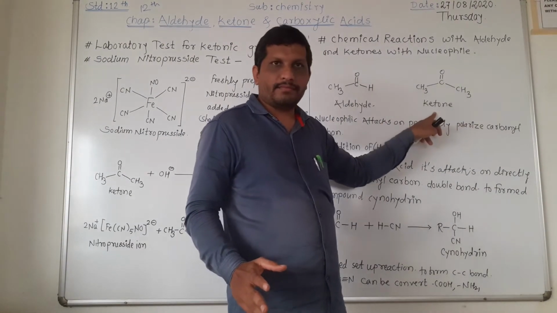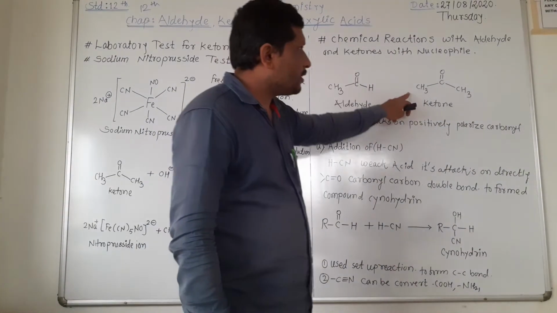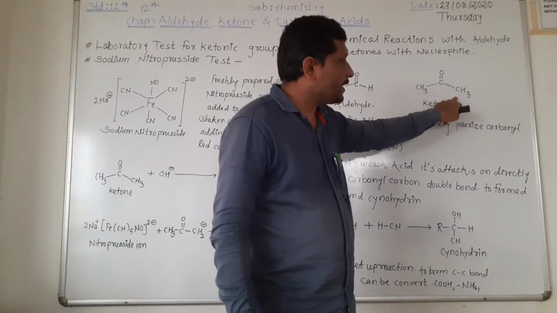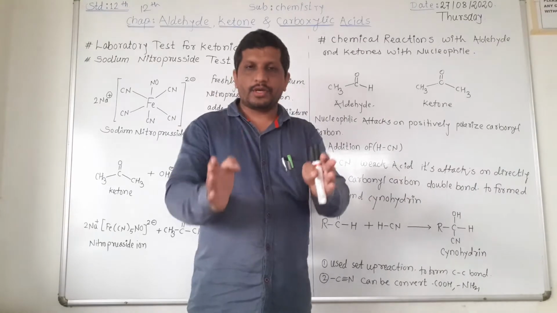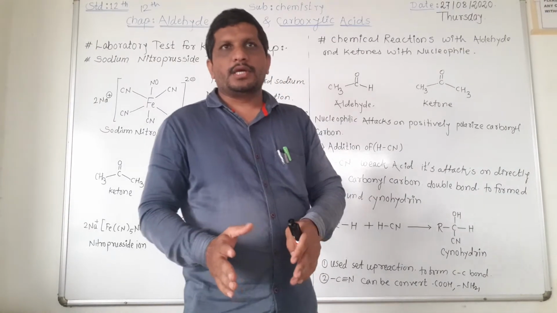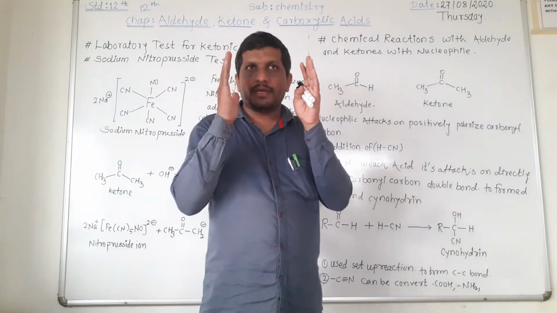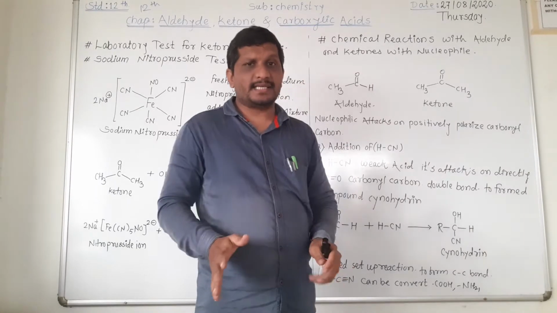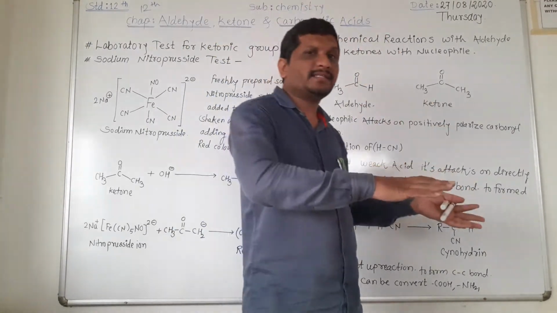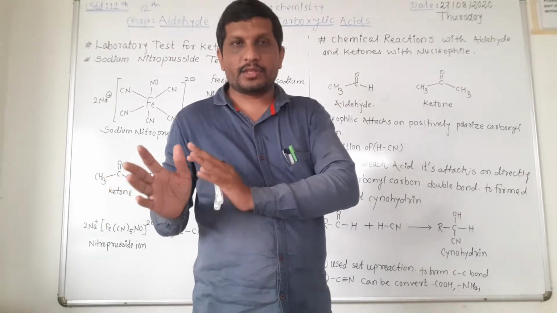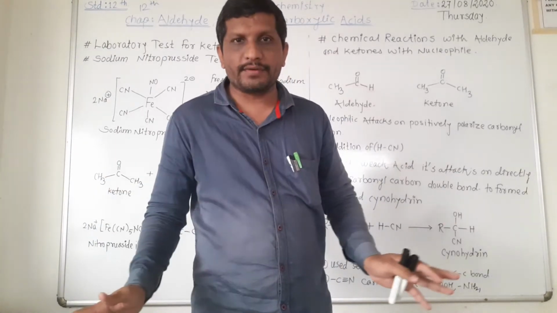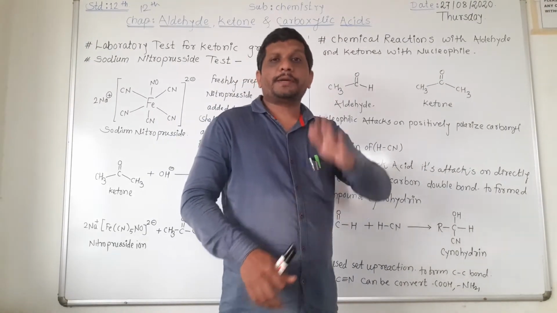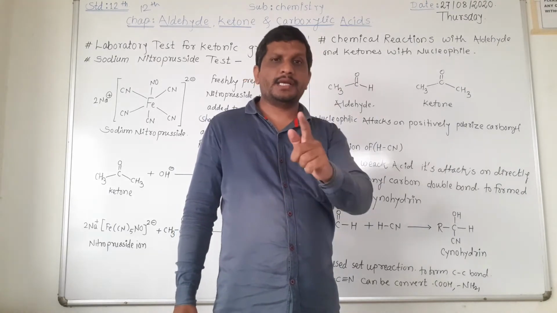In the same way, the ketonic compound contains two alkyl substituents on the carbonyl carbon, and both alkyl substituents donate electron density to the carbonyl carbon, and that's why the electrophilicity and polarizability of the carbonyl carbon decrease, and nucleophilic attack decreases. Nucleophilic attack is not favored for a ketonic compound, because electrophilic polarizability decreases in ketonic compounds.